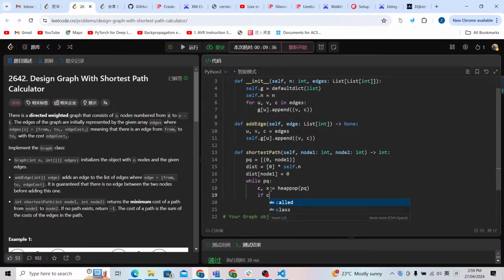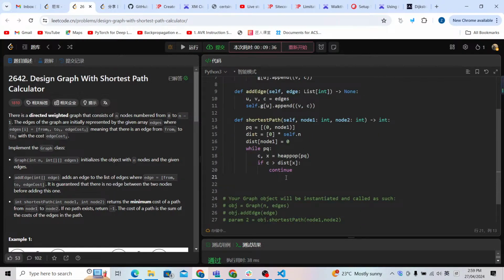So if this is C, the cost is more than the distance of x, so we're gonna continue. We don't need to check that, because this has already been visited. Now we're gonna check all other cases. We're gonna explore the